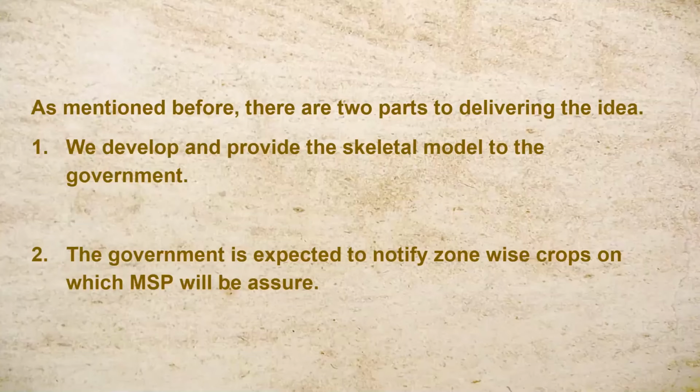Next slide. So the last stage is deliver. Again, there are two parts to deliver. The first part will be delivered by us, who are the developers. We'll provide the skeletal model, and we'll be giving it to the user, who is in this case the government. In the second phase, the government will do their own calculations and then deliver the final product, which is the final cropping patterns, to the farmers.